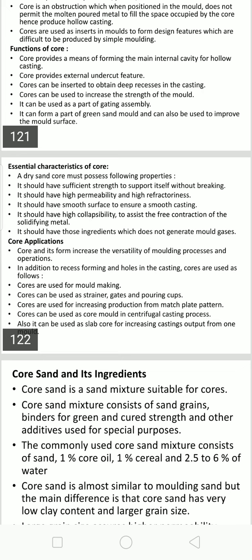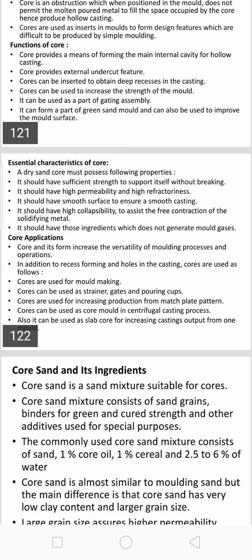It should have ingredients which do not generate mold gases. It should not form any gases, because of the binders, the sand, and the additives, if required. All of this is very important. Along with this, the core should be strong and retain its shape in the mold, and should not collapse under high temperature molten metal. It should have dry strength and hot strength. The core should have adequate dry strength and hardness after baking, and should not collapse during handling either.